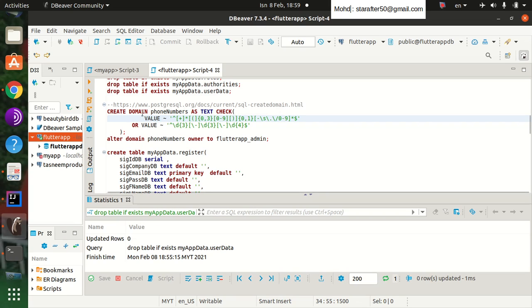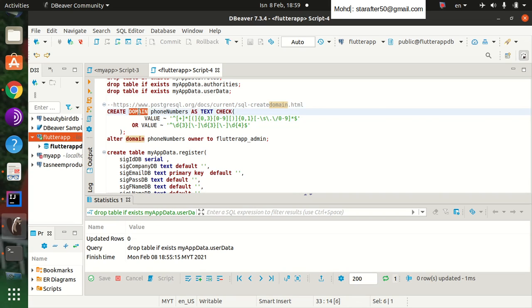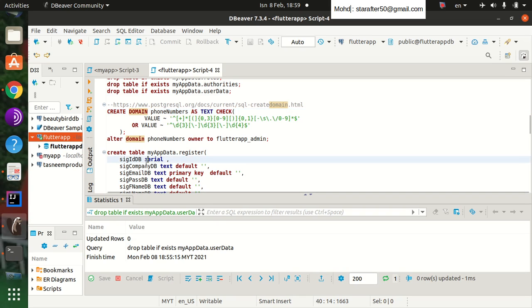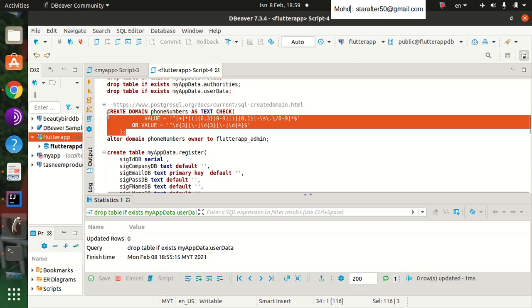And you can use domains for many other things, for text also. You can make use of a domain to control the data that will be persisted on any column. So now, to create the table, we need first to create the domain,